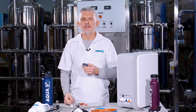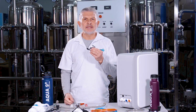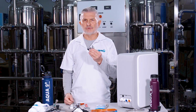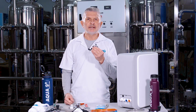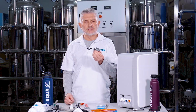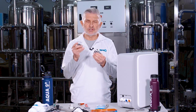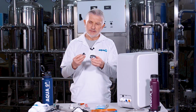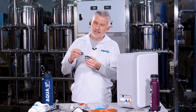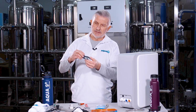Once detached, and depending on the size of your flex hose, you will then either take a 3/8 inch or a 1/2 inch 3-way water line splitter and install it into the water valve. Now, since we have a 1/2 inch water valve here, I'm going to take the 1/2 inch splitter, and since this has a rubber gasket already connected to it, which seals in the water from leaking out,